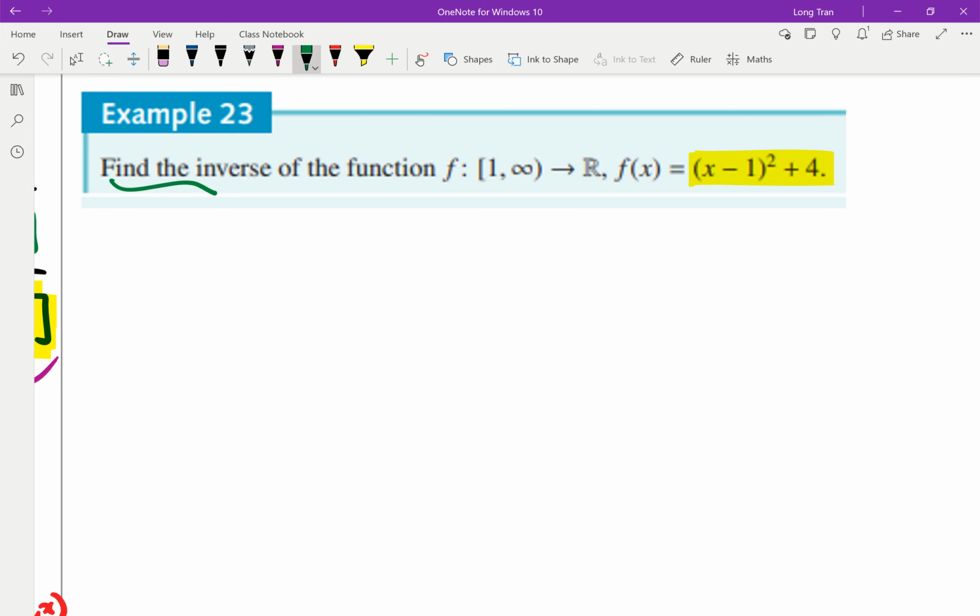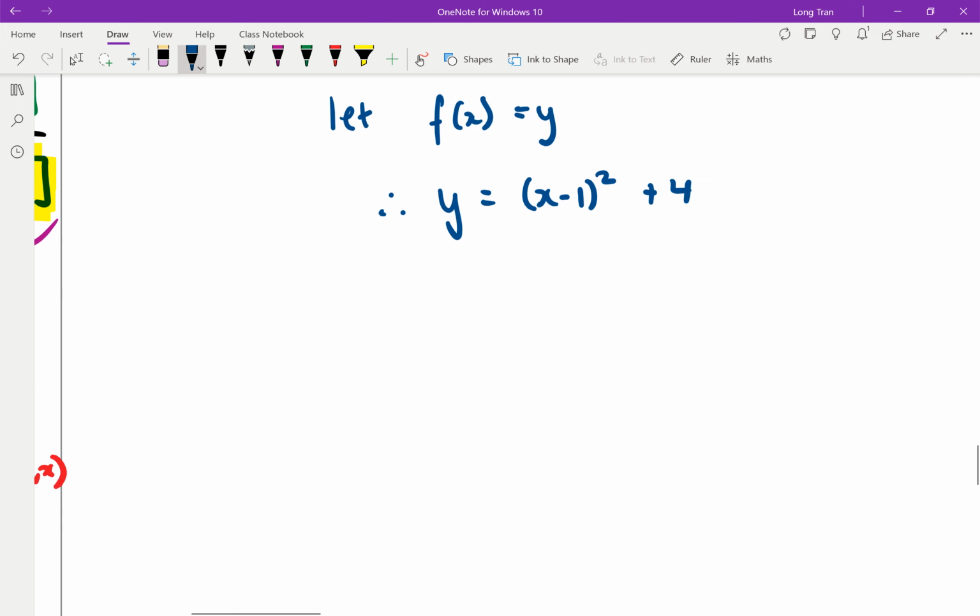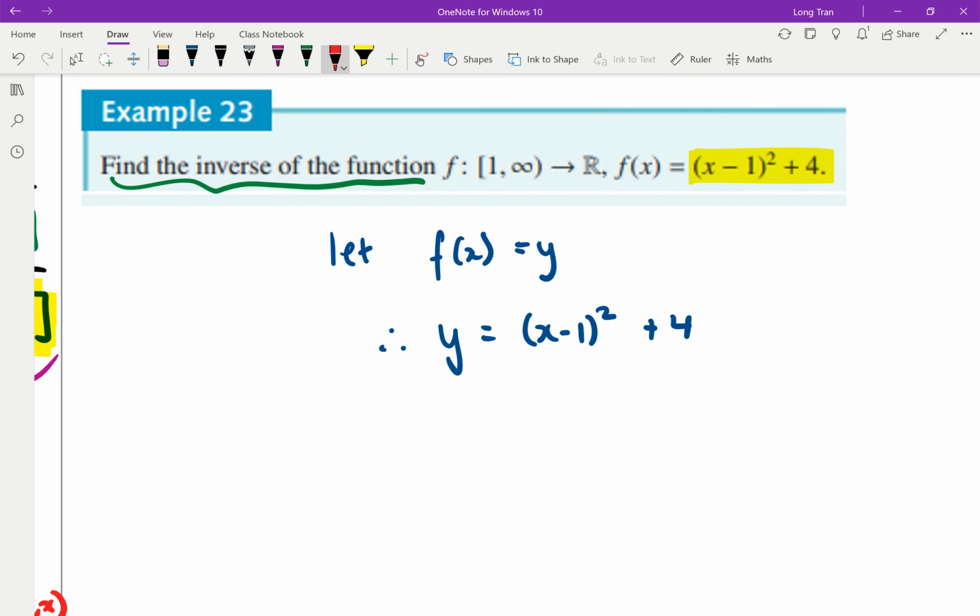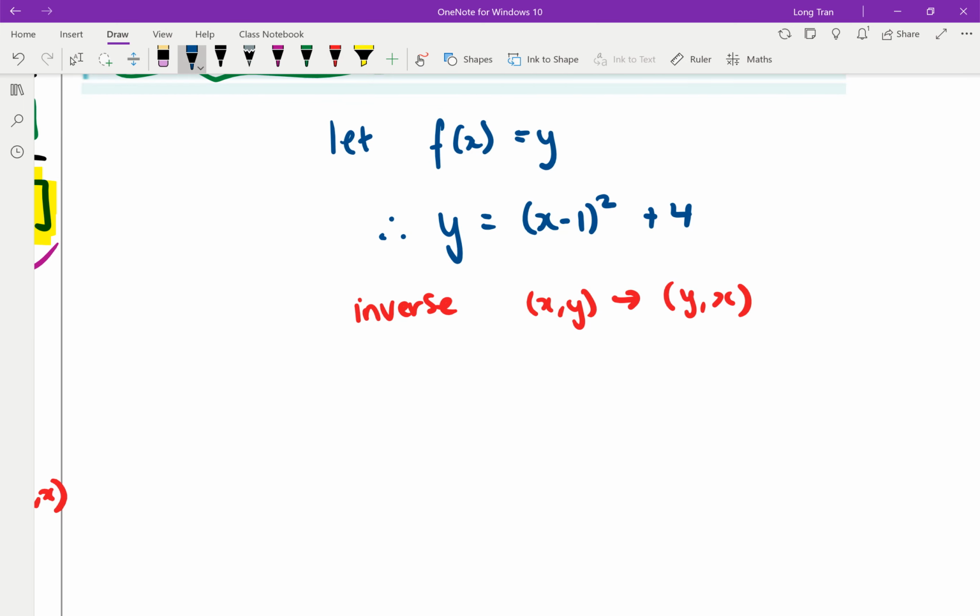When they say find the inverse of the function, you need to write it in function notation, always. So here, let's do it again. I'm going to let f of x equal y. So now I have y equals x minus 1 squared plus 4. To find the inverse, we know we do an x-y transform, swapping y and x, and that now means the equation becomes x is equal to